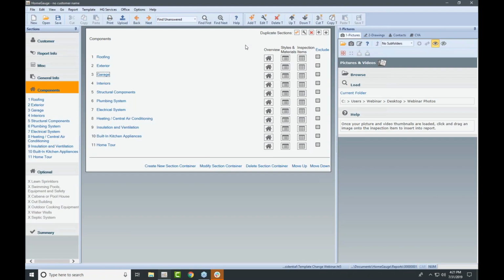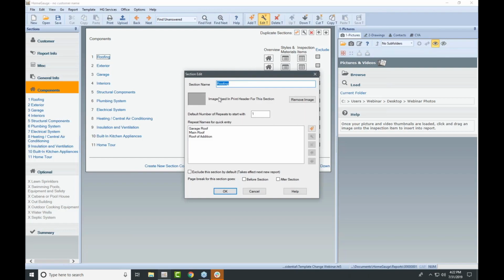The other thing we can do here is you can add icons next to components so that in the body of your report there can be little symbols or little icons that represent that section. So I'll use roofing as an example. So if I want to add an icon to roofing so that when someone looks at my report, they see a little icon next to the roofing section, I would select roofing, and I need to change something about it. So of course I would go to Edit T, okay? It'll open this up, and all I have to do is click in this little gray box here,